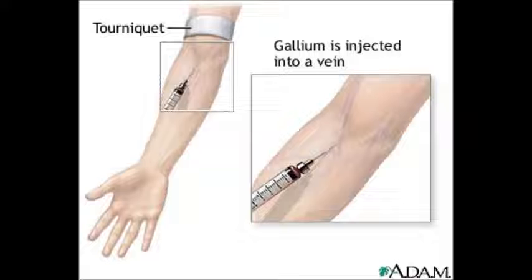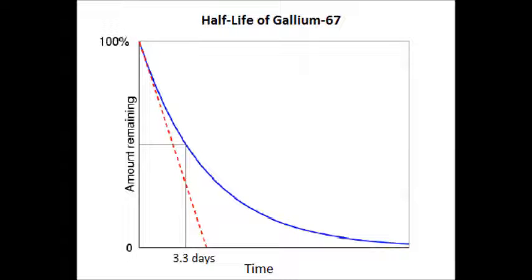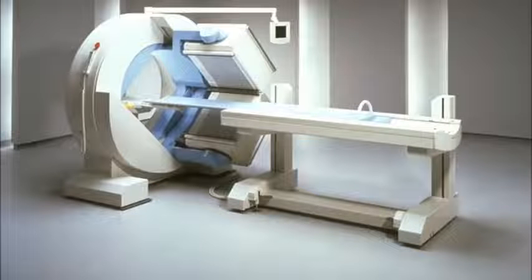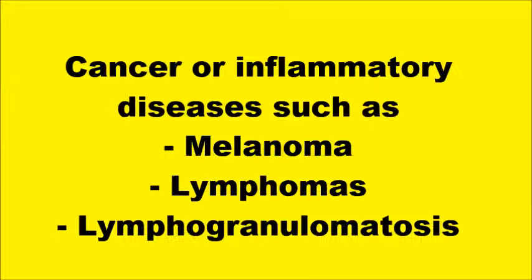By the way, a half-life is the time taken for half of the radioactive atoms in the nuclei in the sample to decay. The less time the radiation stays in the body, the fewer side effects. As Gallium-67 localizes in certain parts of the body, it emits gamma rays which can be viewed by gamma cameras. The camera takes several pictures, and through this, a doctor can determine whether a patient has cancer or other inflammatory diseases. It diagnoses melanoma, lymphomas, which is cancer of the lymph nodes, and lymphogranulomatosis, also called Hodgkin disease, which is